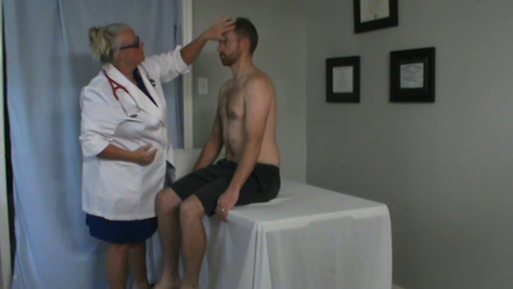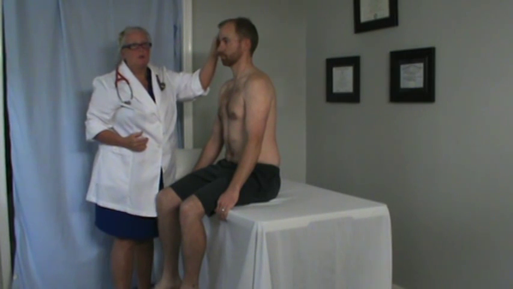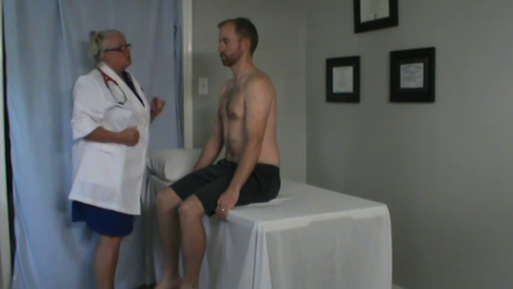Chris has a little bit of receding hairline. You want to palpate the hair. It's nice and soft. The hair follicles are not easily removed when you run your fingers through the hair. And there's no areas of alopecia. The next thing we're going to do is